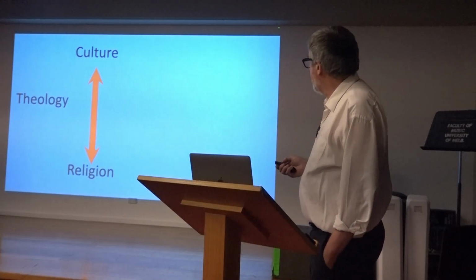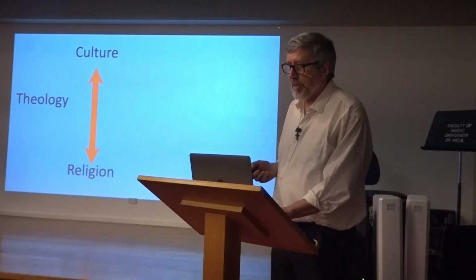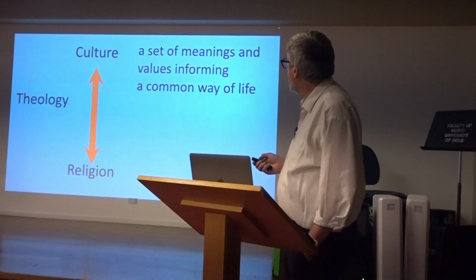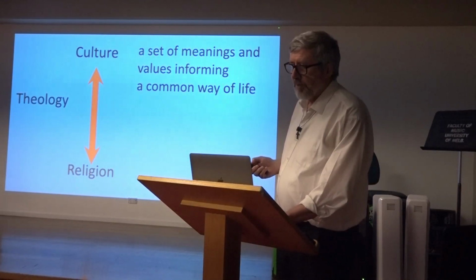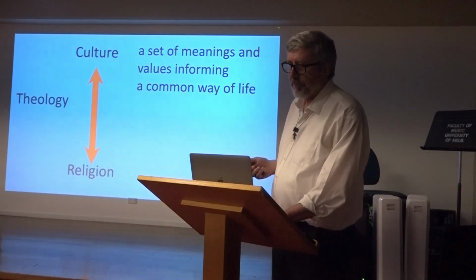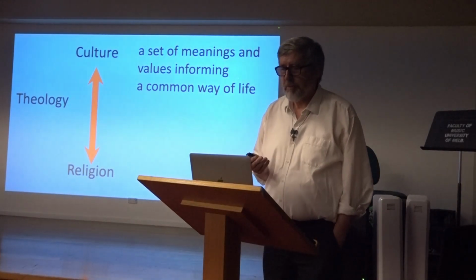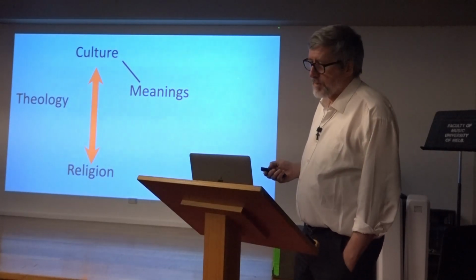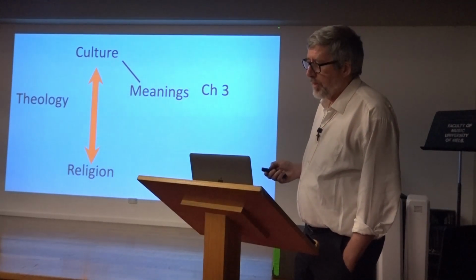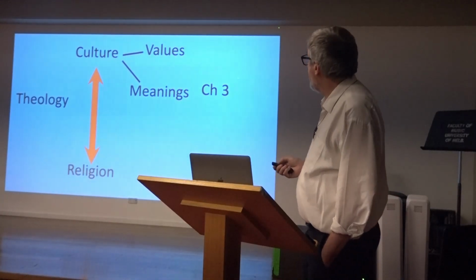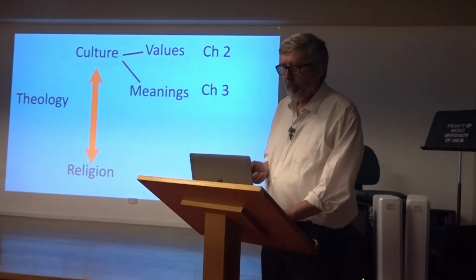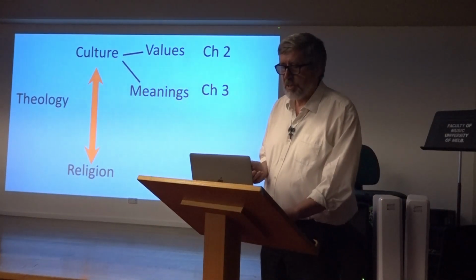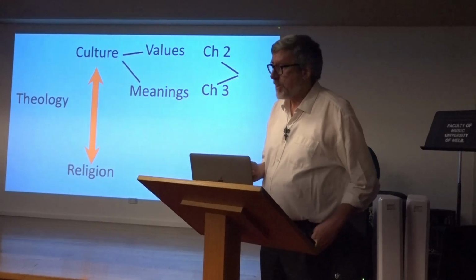We might also expect a chapter on culture, which we don't have as such. I say not as such because we just need to look at Lonergan's definition of culture, a set of meanings and values informing a common way of life. So where Lonergan talks about culture, he does it by talking about meaning, which is chapter 3 again, and of value, which forms a large part of chapter 2, of course. And of course, for Lonergan, one can't speak of meaning and value without engaging with the subject's intentional consciousness and speaking about that, which is precisely what he does in chapter 1.